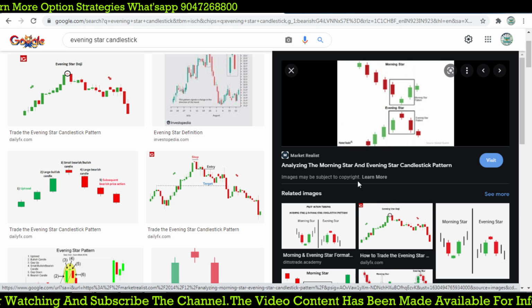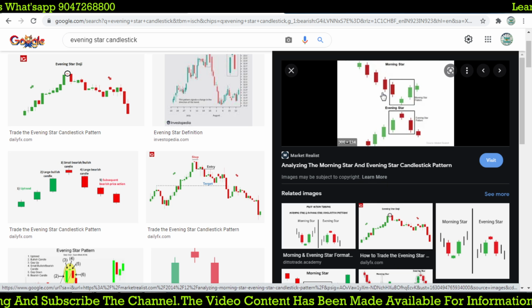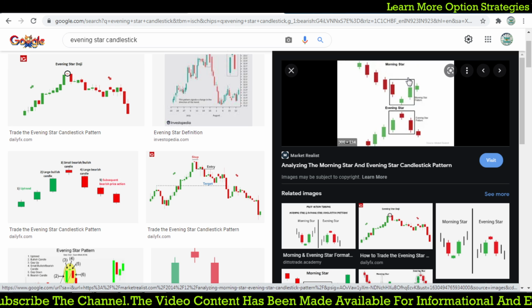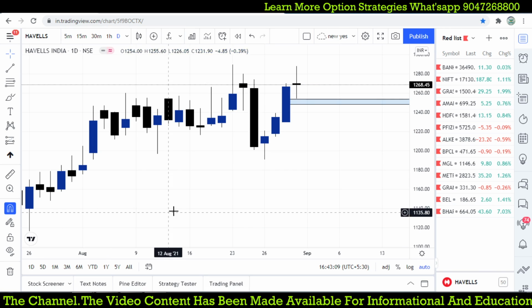The opposite of the evening star is the morning star. It looks like the opposite of the same. Okay, so that is the code which I have created here